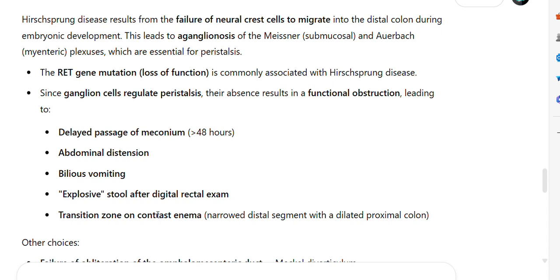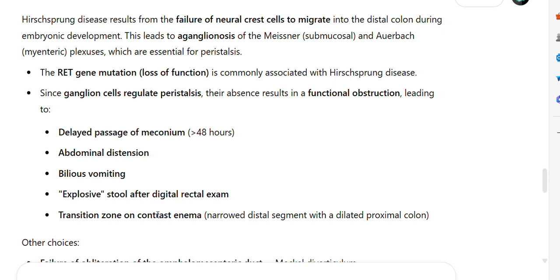Since ganglion cells regulate peristalsis, their absence results in a functional obstruction, leading to delayed passage of meconium beyond 48 hours, abdominal distension, bilious vomiting, explosive stool after digital rectal exam, and a transition zone on contrast enema, with a narrow distal segment and a